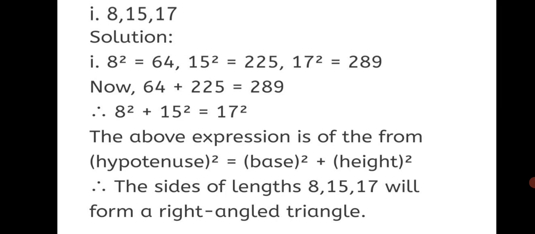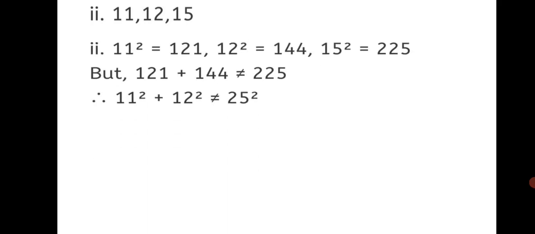So note down the steps carefully. Second sum, 11, 12, 15. Let's write the squares. 11 square is equal to 121, 12 square is equal to 144, 15 square is equal to 225. But 121 plus 144 is not equal to 225. You will add in the rough and check for yourself. Therefore, we can write 11 square plus 12 square is also not equal to